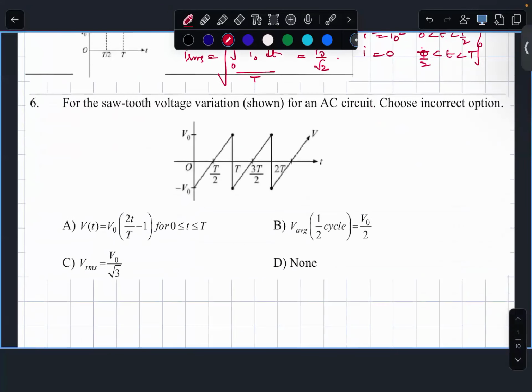Now you see the next case. In this case also, the average over the full cycle is 0. Now what you need to find is the incorrect option. So only for this I will find RMS, which is the same repeated. So what is the function? I is equal to minus V naught plus